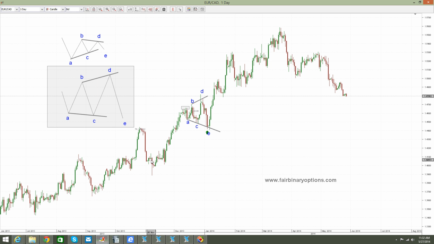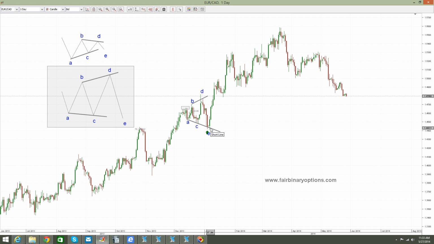Well, I would say that this is the theory for expanding triangles. You have the differences now between expanding triangles and contracting triangles, but keep in mind that it is still a triangle, so the rules of a triangle should still be there. I'm talking about corrective waves. I'm talking about the fact that here we are having a new high and a new low and a new high and a new low, and when everybody's jumping here on the short side,